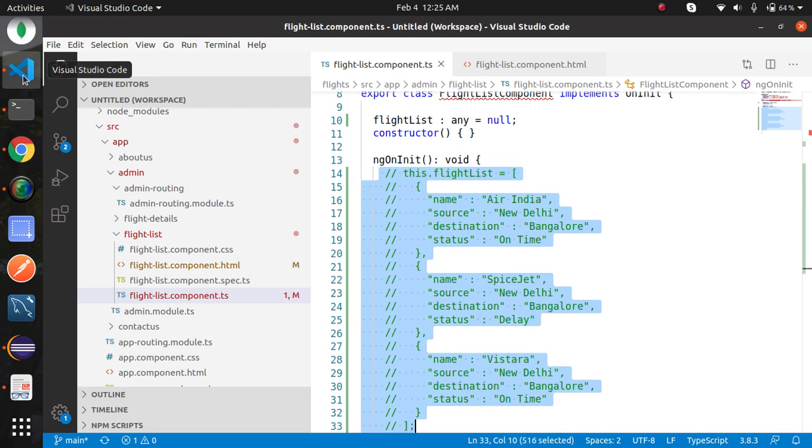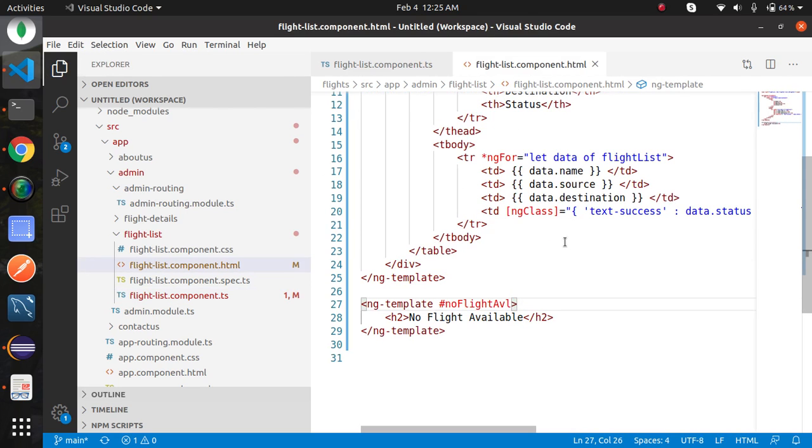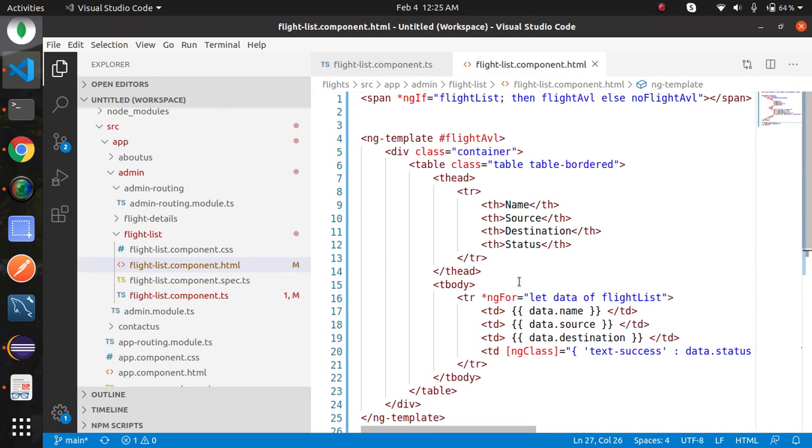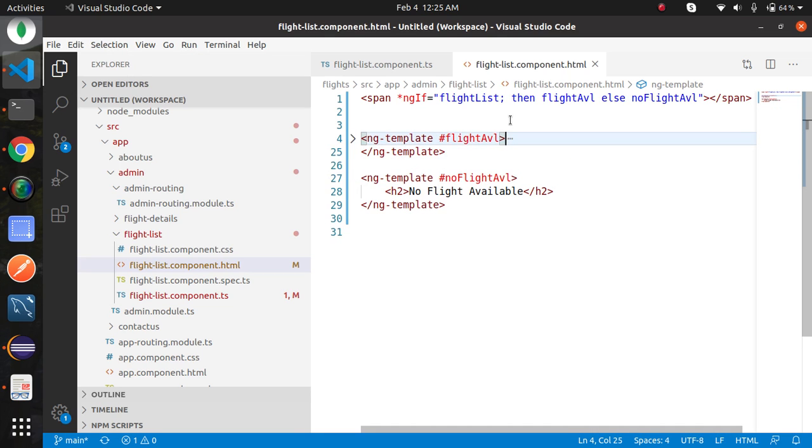Let's look the functionality of ng template. Basically, ng template is a template element that either adds or removes the template element, that is HTML element, into HTML DOM. Means whenever any one of the conditions is true, suppose in the current case, flight list not available, this means this condition is false and this is true.